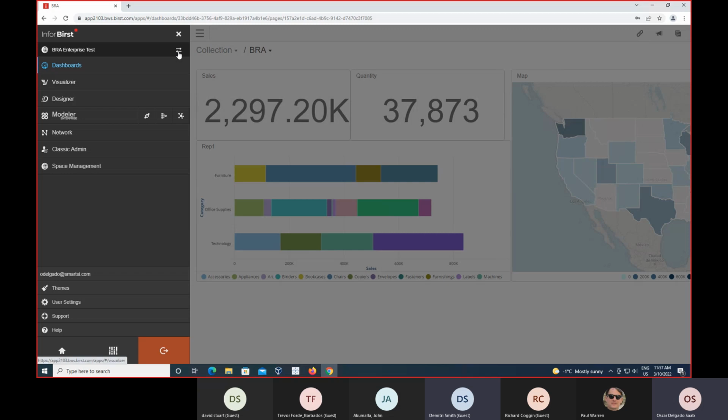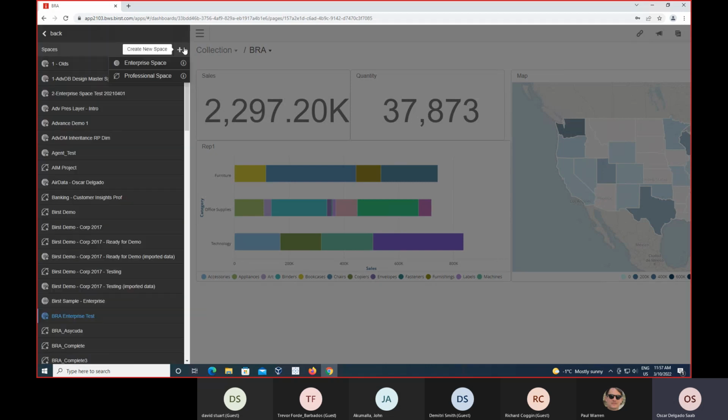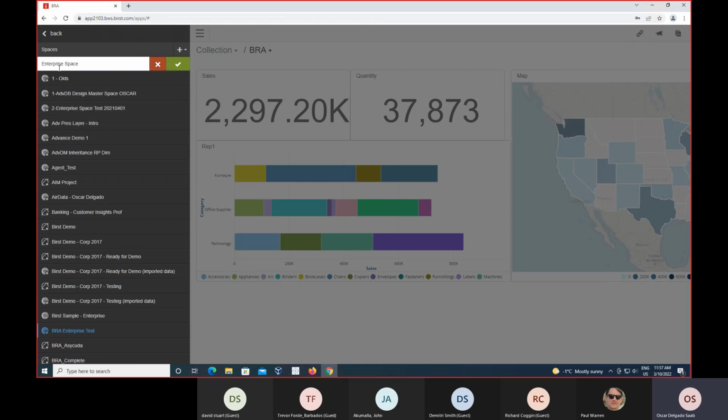So I'm going to start with a new space, and a space in Birst is like a completely independent space, as its name says, where you can define the data sources, the permissions, the data, the relationships, everything. So how easy is it to create a new space, completely independent? Just like this. You click here, I want to create a new enterprise space. You give it a name. So BRA demo